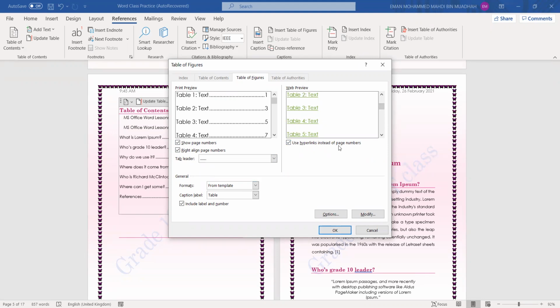Use hyperlink instead of page number. If you want that, you can use it. If you don't, you will have it like that. But this is in print and this is web preview. So if I open it in a web like this one here, if I click on web, this is what will appear. Unless I click like that, then this is how it will appear. Whenever I open the web, anytime I click on the figures from the table here, it will open it for me. Okay. Formats from template, classic,